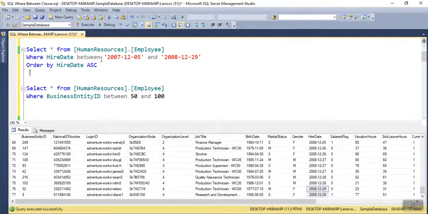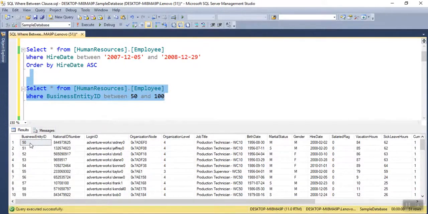Normally the between clause is highly recommended when you are utilizing dates, but it is also highly recommended when you are utilizing it over integer data types or numeric data types. You may actually use it; it's quite useful. For example, right now in the following highlighted statement, I want to filter out the data between 50 and 100 over the column BusinessEntityID, which is the first one. So when I apply this one,